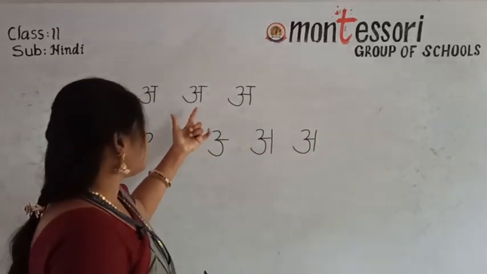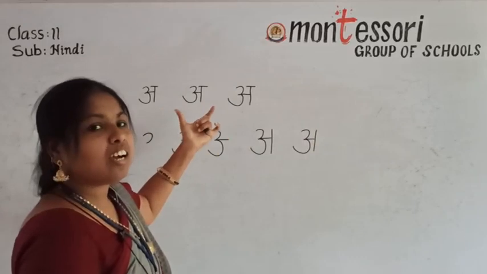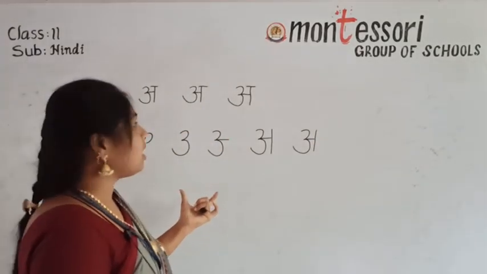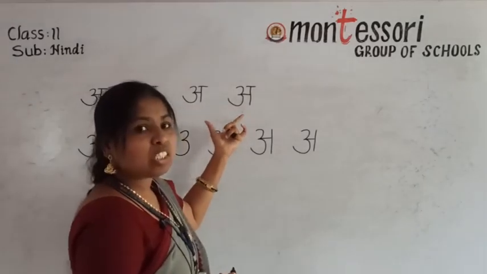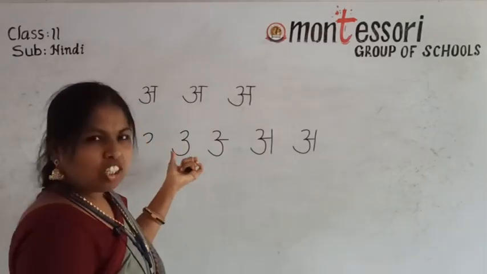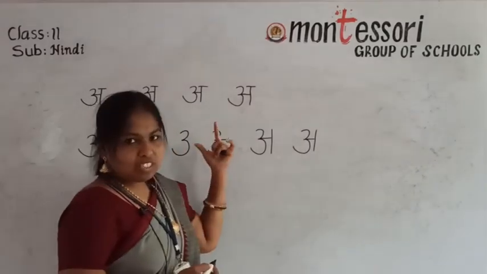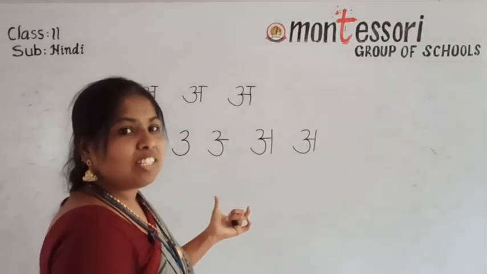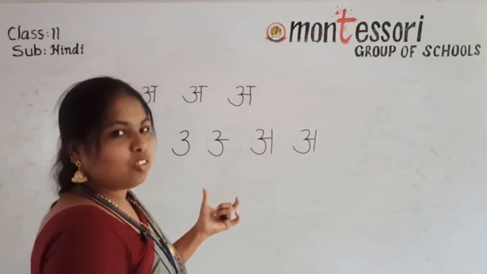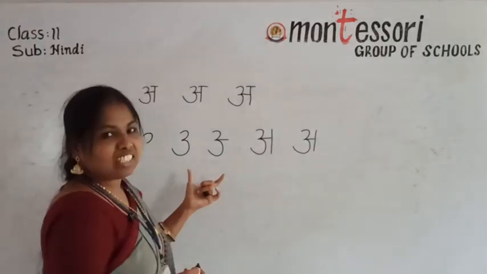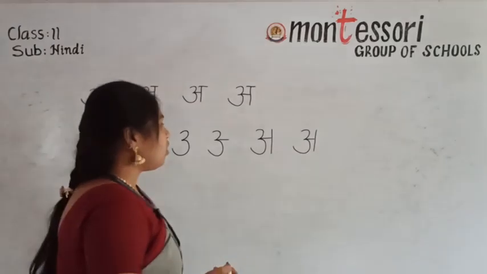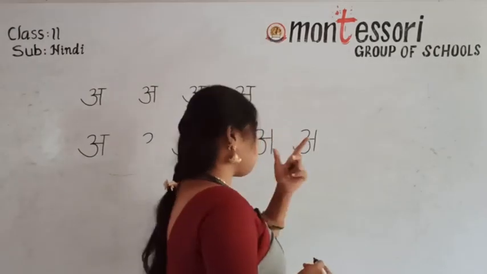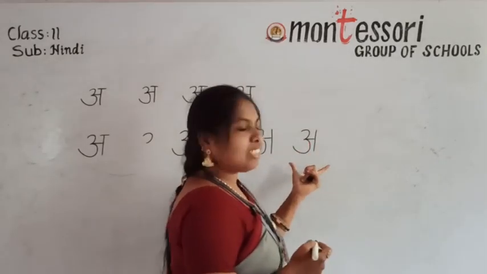See children, for this one you say A for 1 second. For this one, you have to say it for at least 4 seconds. These are Hasva, meaning short vowels, and these are long vowels. The vowels I am teaching, A to Aha, are called Swarakshar in Hindi. Without these swar we can't write any word. You have to learn this compulsorily.